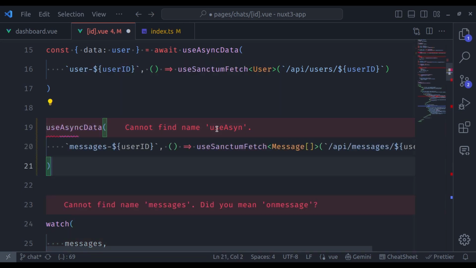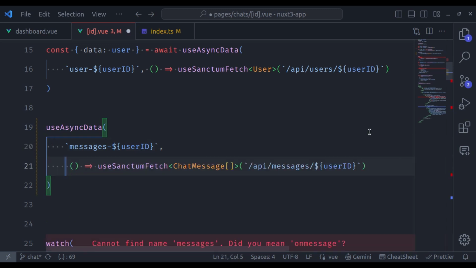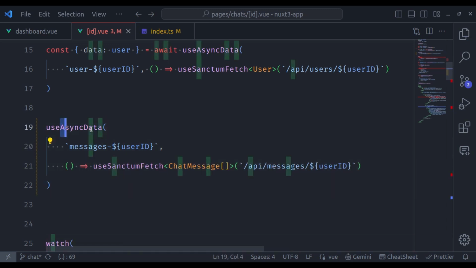Let's accept this. Let's fix this TypeScript interface. In our case, that is chat message. Let's move this into the next line to make it clearly visible. In the useAsyncData, the first argument is going to be the unique identifier for this request, and in the second argument it is going to be the closure function that makes the request to the API messages using